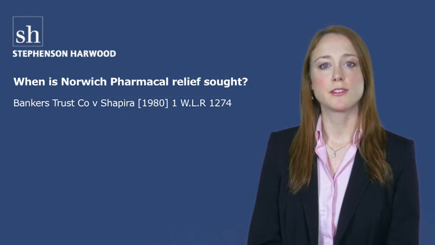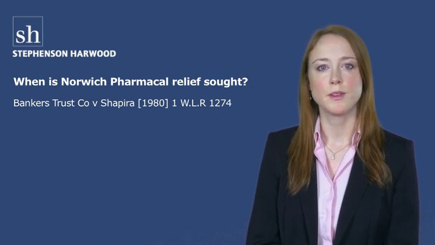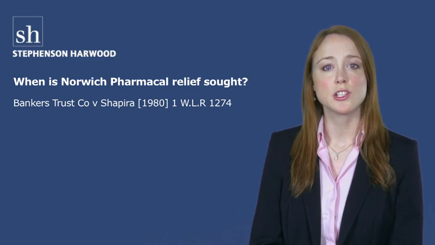In Bankers Trust Co. versus Shapira, the court granted the claimant's request for disclosure by a bank of information relating to its dealings with the alleged perpetrators of a fraud. The information which the bank was required to disclose included details of payments to and from bank accounts, account balances, as well as correspondence with the defendants and internal memoranda of the bank. However, it was made very clear in that case that the court's jurisdiction to order disclosure in such circumstances should only be exercised when there is a good ground for thinking that the money in the bank belongs to the